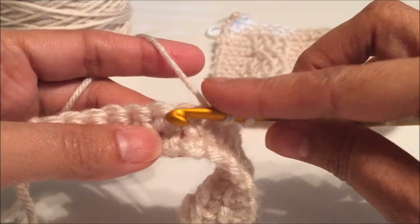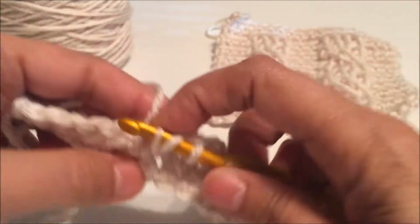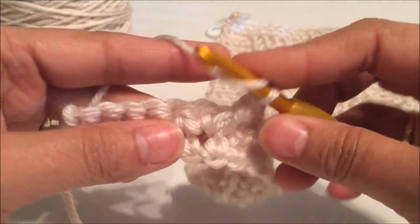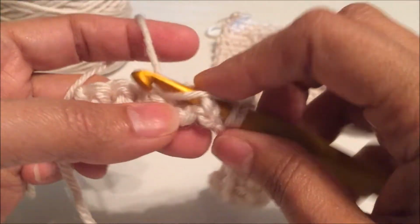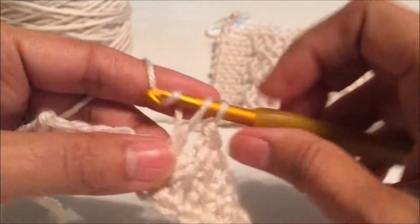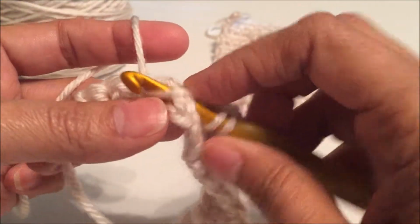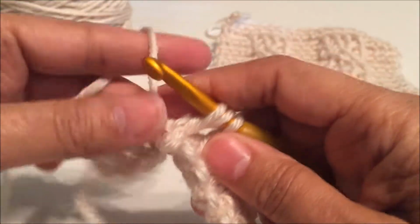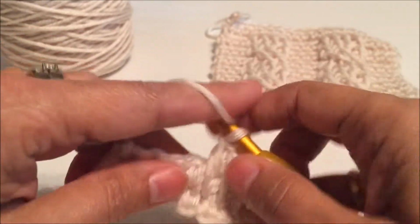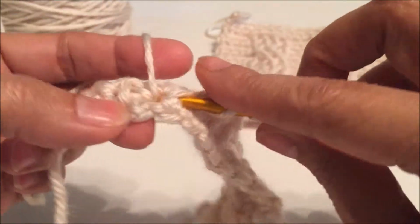Now we're going to do 4 more front post double crochets. So that's going to be a yarn over, insert your hook back around that post, pull your loop up, yarn over, pull through 2, yarn over, pull through 2, and you're going to do that 4 times, just like I'm doing right here. Pull through 2, pull through 2, yarn over, insert your hook around the post, yarn over, pull up a loop, yarn over, pull through 2, yarn over, pull through 2, and one more time, yarn over, insert your hook around the post, yarn over,